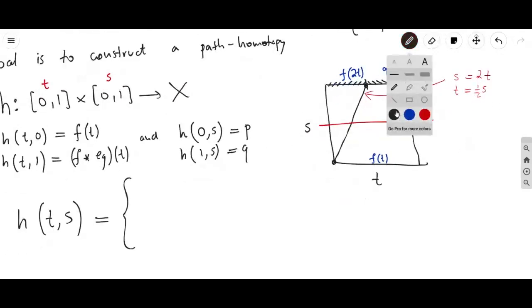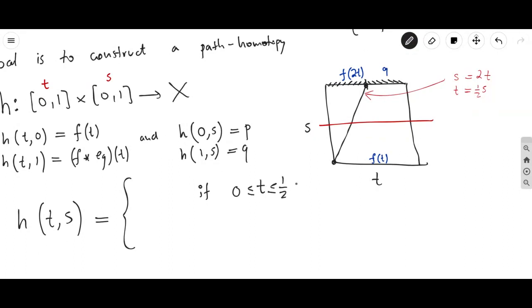So the conditions will go as follows. We would say, let me do it like this. So if t is between 0 and a half s, then we should be on this side, right? We're going to put something here on this side, and then,